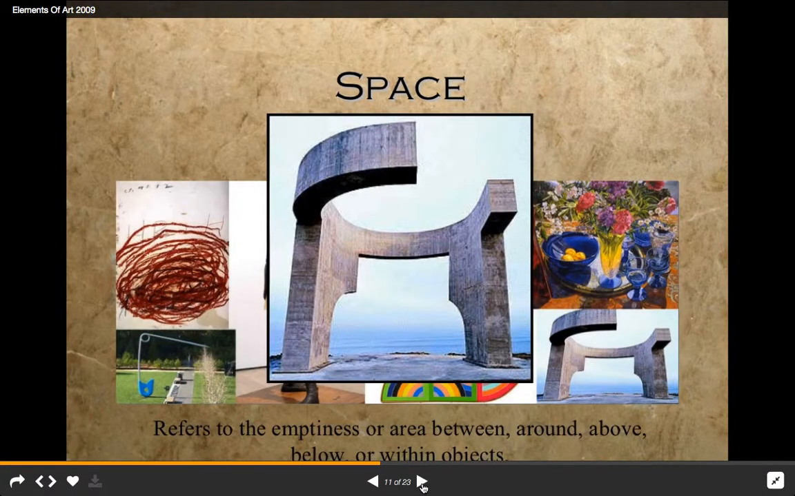Then we have space. Space refers to the emptiness